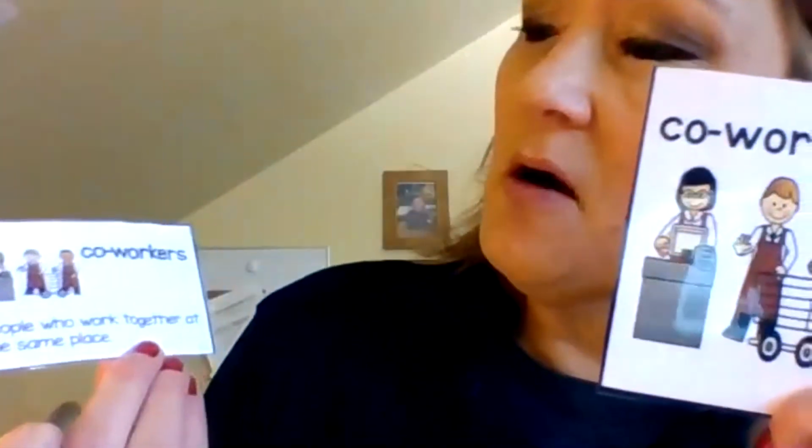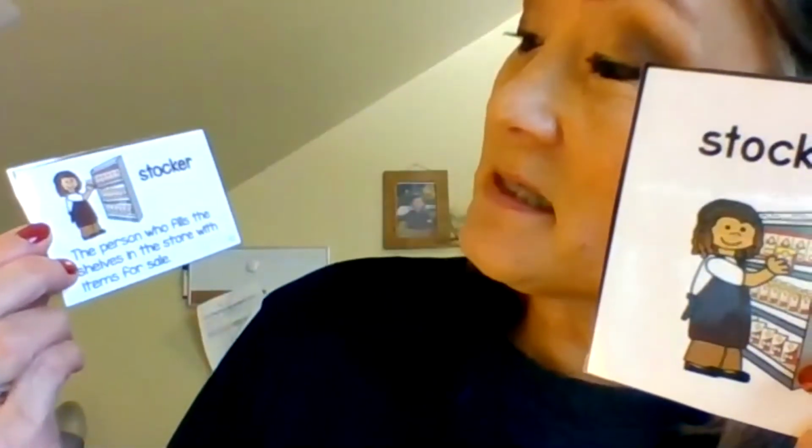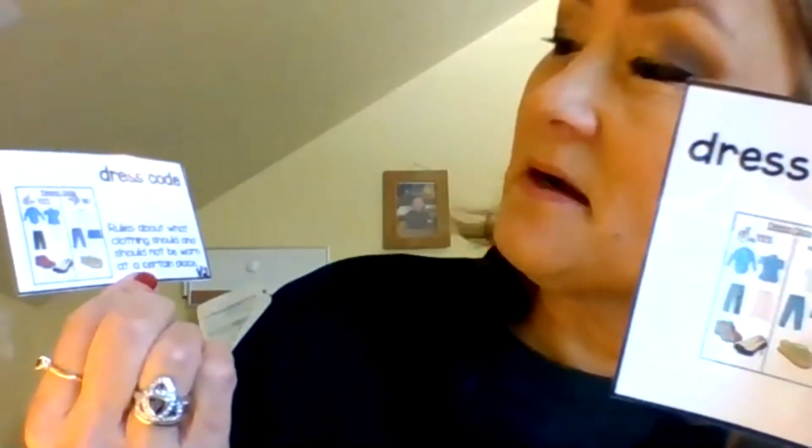Co-workers. Co-workers are people who work together at the same place. Stocker. A stocker is the person who fills the shelves in the store with items for sale. Dress code. Dress code are the rules about what clothing should and should not be worn at a certain place. Okay, so those are the vocabulary words I want you to study and work on so that you can learn